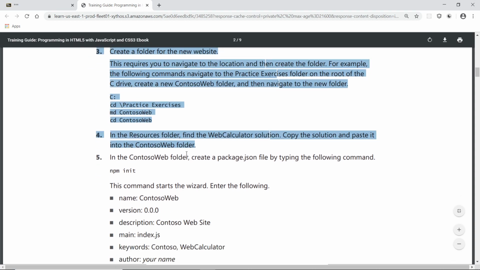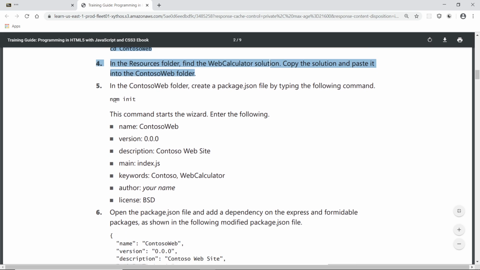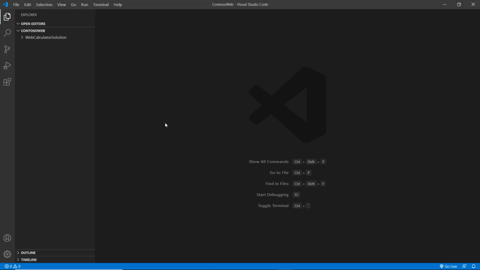Okay, so step 5 is to initialize your environment with an npm init. It's very simple. We do that, it's going to create these package.json files for us automatically. So let's go and do that. Now you need to go to the terminal. It has a built-in terminal. You can do all your commands locally here. You can see here it says toggle terminal, Control backtick,